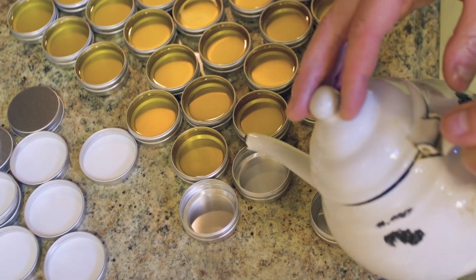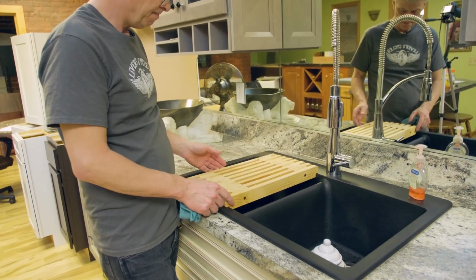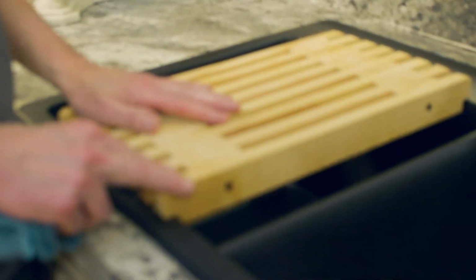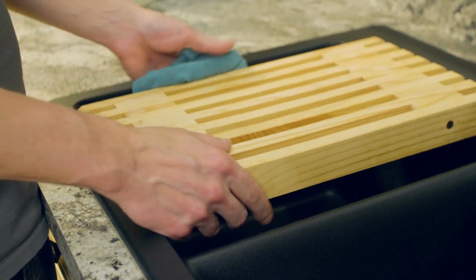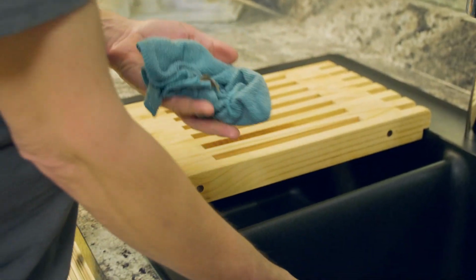Couple videos ago, we made this cutting board and we put 1 coat of coconut oil on there. So it's been 2 or 3 weeks. The grain has raised a little bit because of moisture. That'll wear down eventually with use. We haven't done anything else to polish this. You can still see it's got the oil in it, but we're going to use the